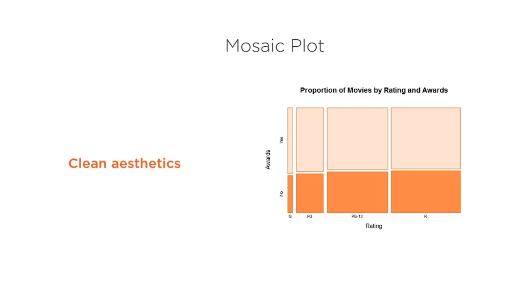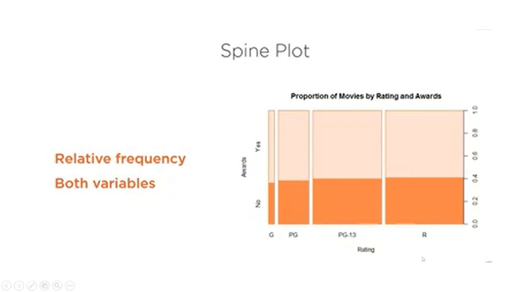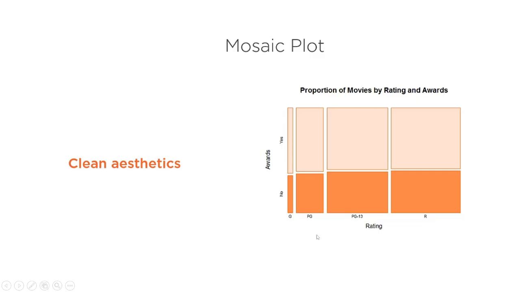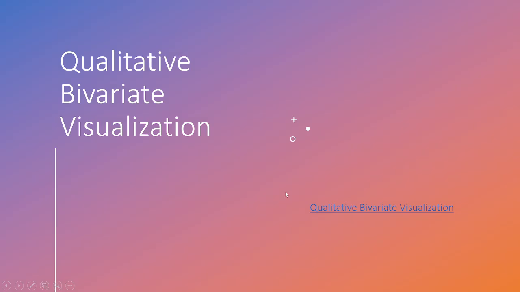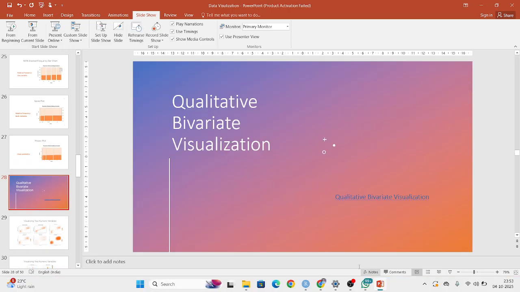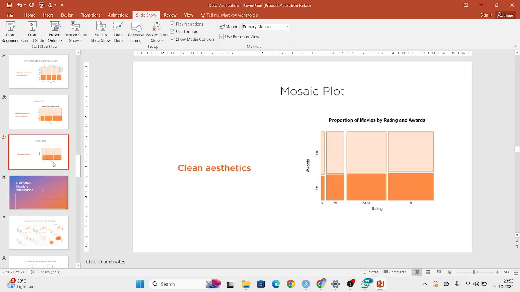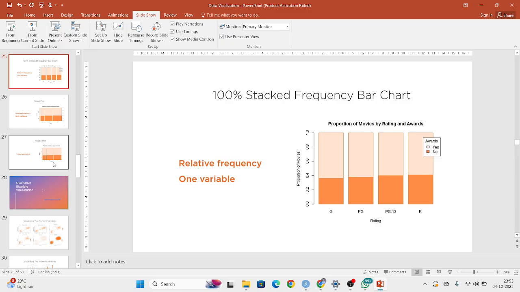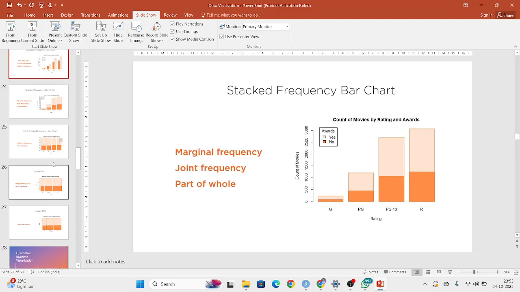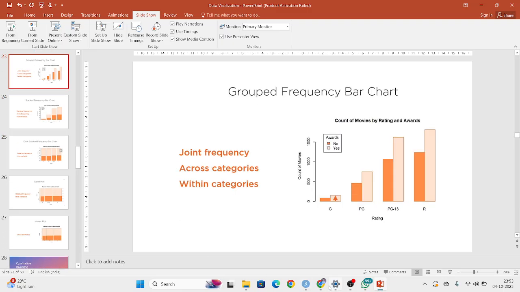In the mosaic plot, only the clean aesthetics are given here. Here that separation is not there. Here these are defined by adding this clean aesthetics. But most of the time we go with the previous plots only, that is the stacked one and the grouped bar. Let me show it